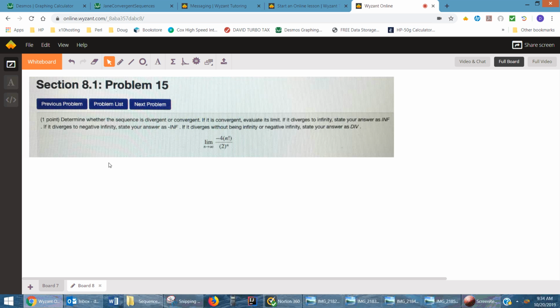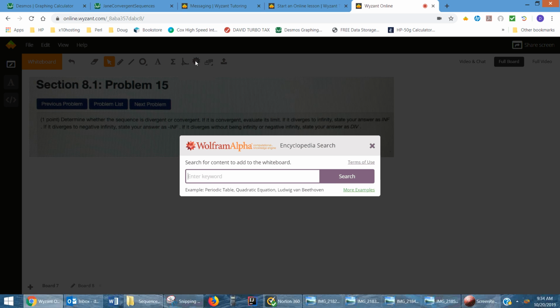Okay, now we're getting ready to look at this problem. Before we look at Desmos, I thought I'd show you how to use Wolfram Alpha. I'm not sure you can get into the online room as a student, but in case you can, if you click this button right here, Wolfram Alpha,